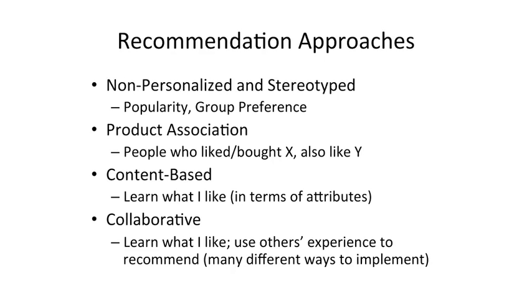Content-based approaches start by learning what individuals like and building a profile. This is what we refer to as content filtering, or information filtering when it's about information, and then go out and figure out how the items that are available or the products that are available match up to that profile. And collaborative approaches learn what each person likes from the individual and then use the experiences of everyone else in a community to make recommendations for other things that that person would like.